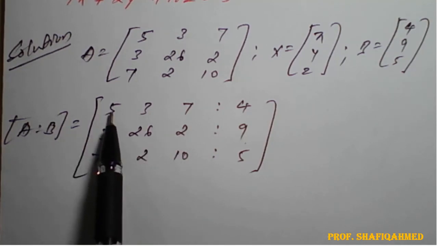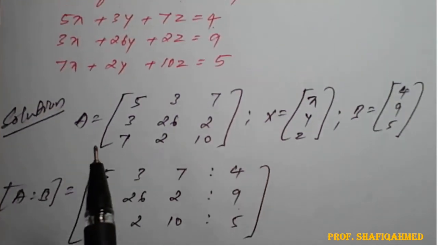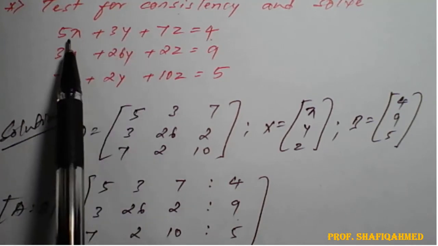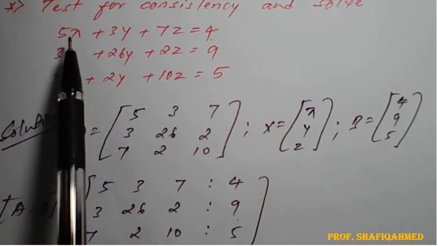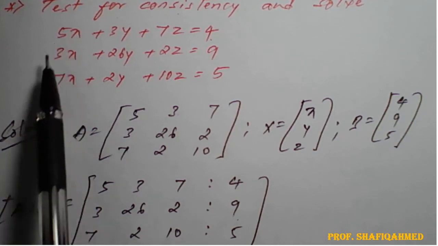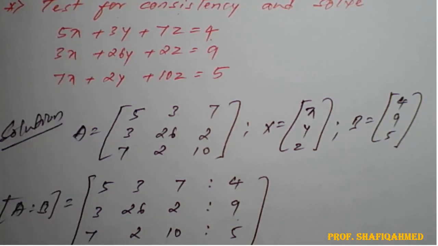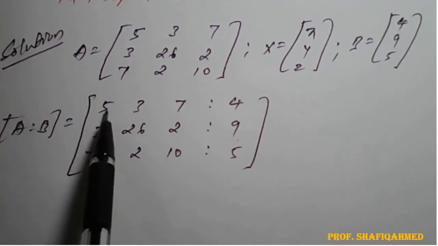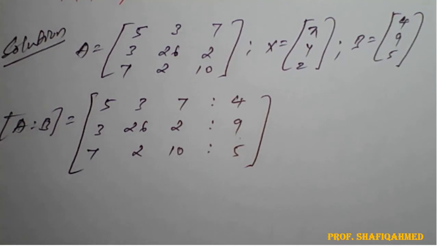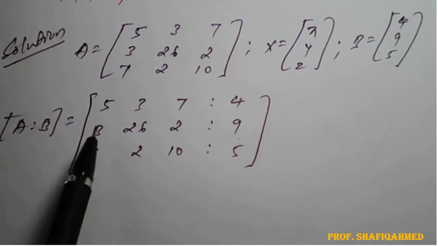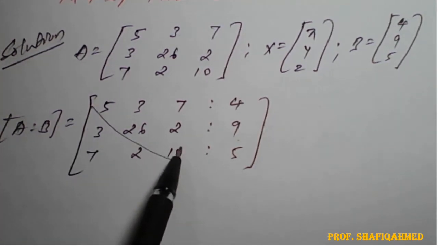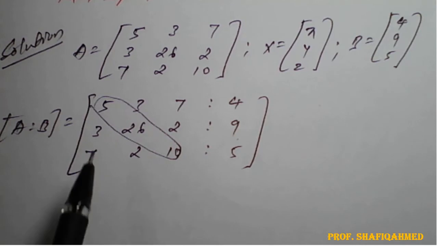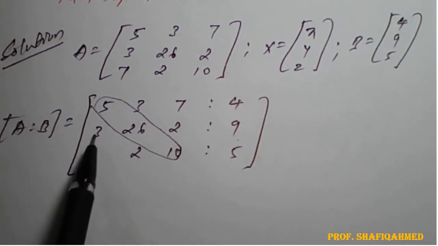But the first row, first element, that is 5. So if you observe here, the coefficients of x of all 3 equations are not in the form of what here? 1. Here we have 5, here we have 3, here we have 7. So it will not fulfill the condition of the echelon form, that is, 1 is not possible. So then we can find the rank easily and convert the given system of equations to what here? Echelon form. So these are our diagonal values. Below this diagonal we need to make these 3 elements 0.